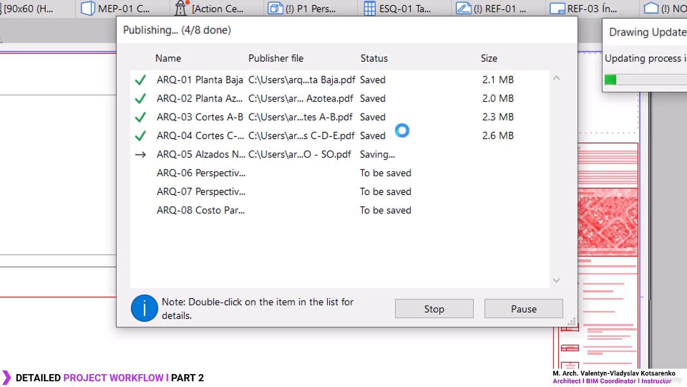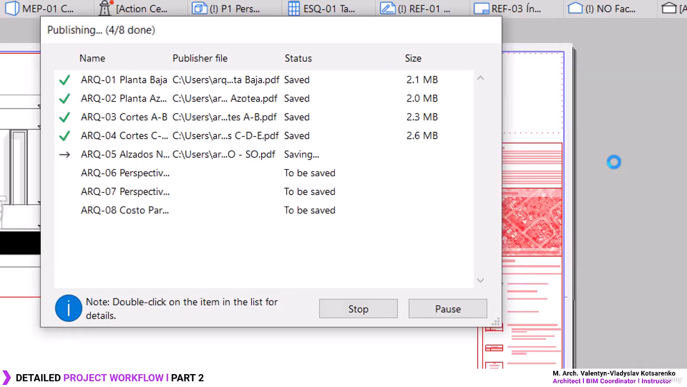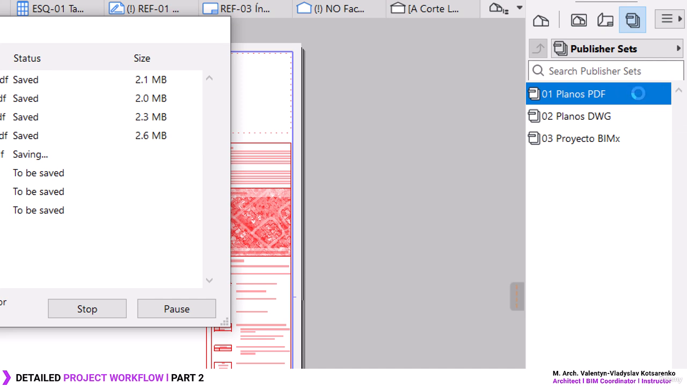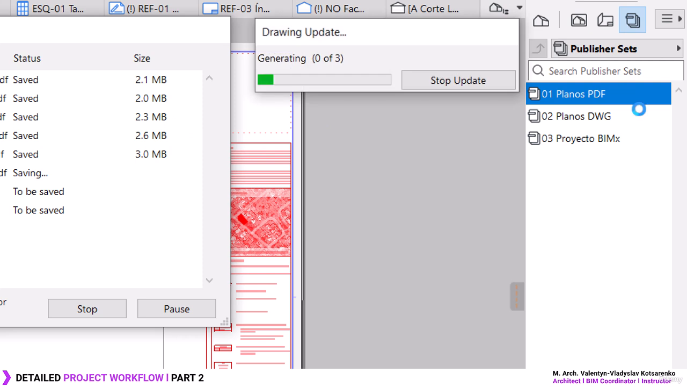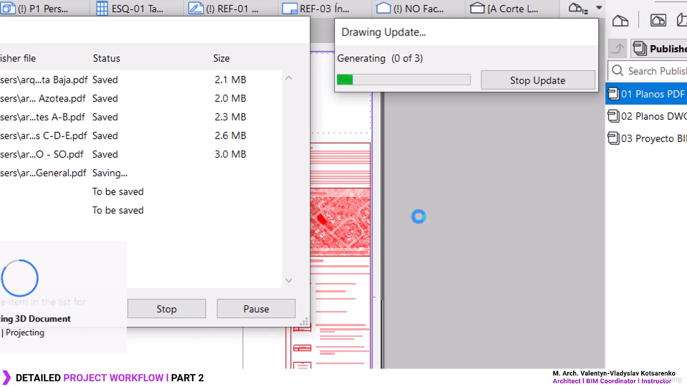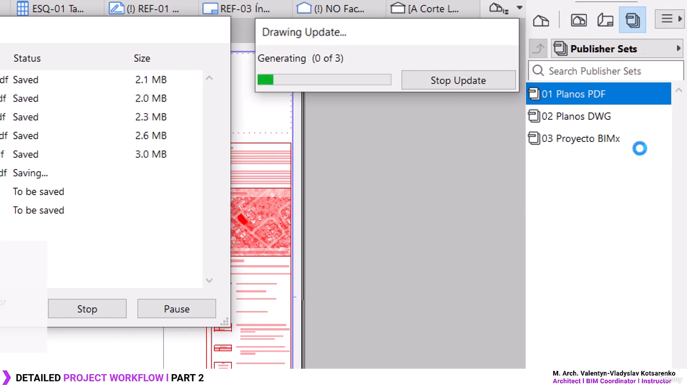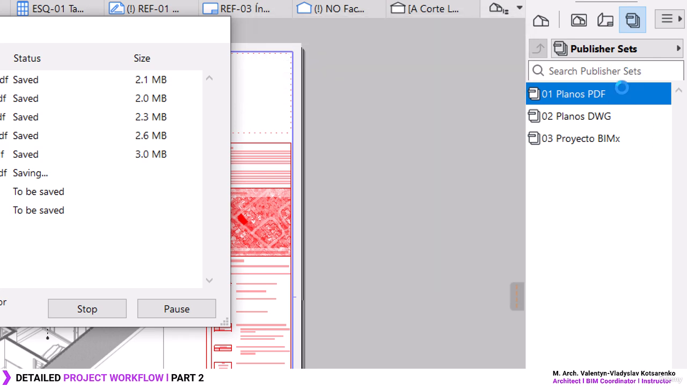Now you can program as many publisher sets as you want. For example, in this project I have 3 different publisher sets. One which saves the documentation in PDF format, another which gives me a DWG format for the AutoCAD file extension, and also I have a publisher set which exports the whole project into the BIMX format, so I can navigate the project, let's say in a smartphone or in a tablet or an iPad or by just using the BIMX app on the web. So this is quite useful because you can generate as many publisher sets as you want,